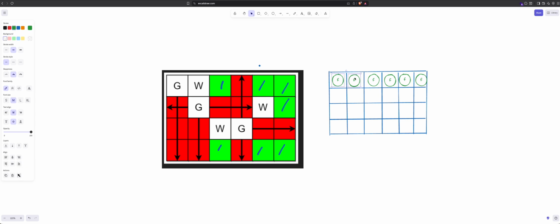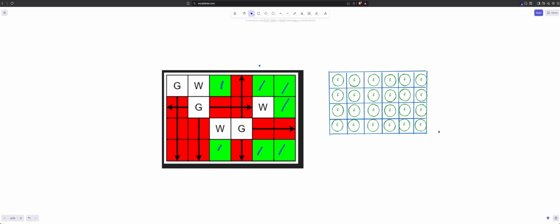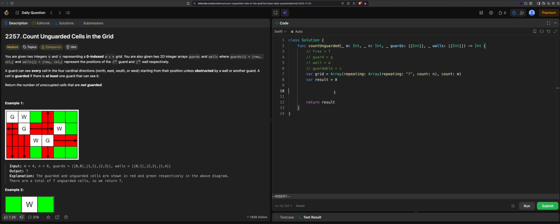Okay, I hope you got my point. So that is what I'm doing now. And voila, look at me. What a great illustration. Okay, then for the next step, since we have created all the free cells, we need to fill our guards in our grid. So what I'm going to do